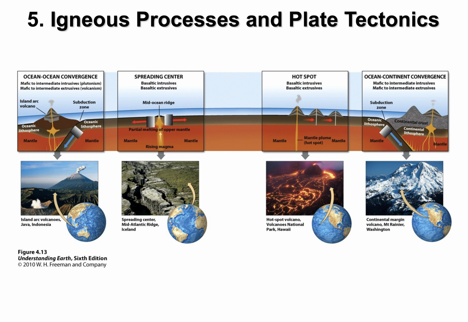I forgot to mention what type of rock you are producing in the ocean-ocean convergence. You are producing mafic to intermediate intrusives, this is plutonism, and mafic to intermediate extrusives, which is related to volcanism. So at the spreading centers you have basaltic intrusives and basaltic extrusives, but you also have the formation of gabbros,